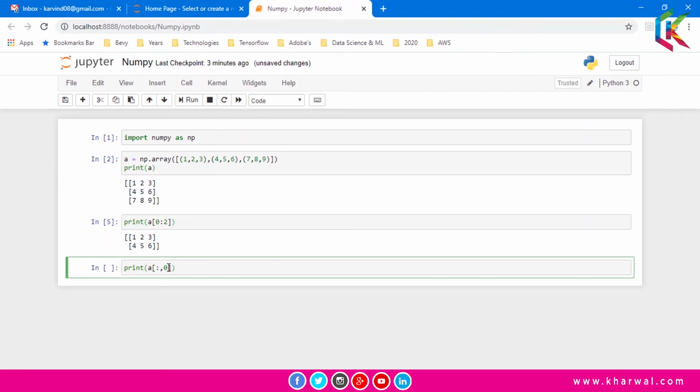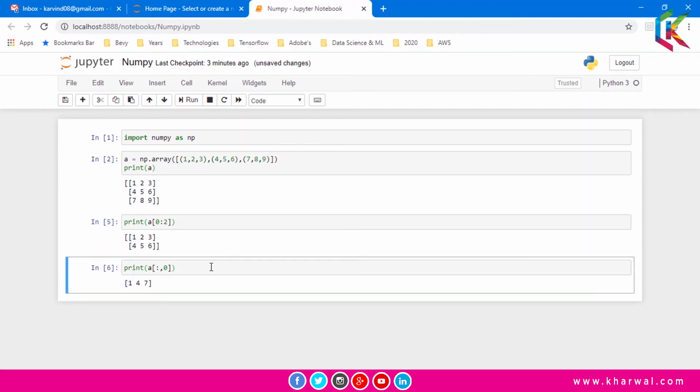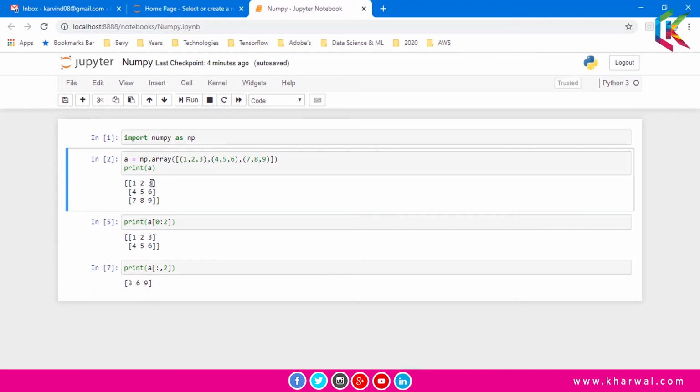I have passed the index of the first column and now if I run this script, it will give you the first column from this two-dimensional array A. And now if you want to access the third column, let's change the index here and I'm giving 2 here. So now if I run this script, it will give you 3, 6, 9 and it is the last column.